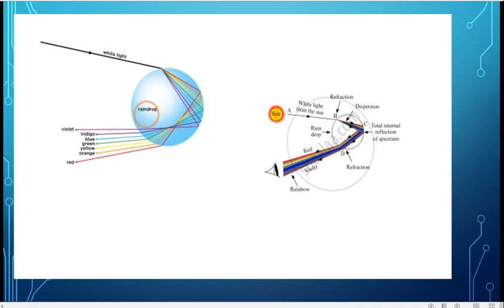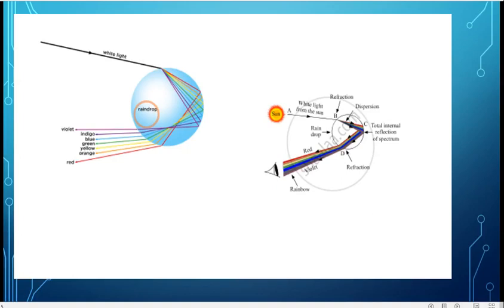In the commonly seen rainbow, the red arch is outside and violet is inside. In the rarely occurring concentric secondary rainbow, the violet arch is outside and red is inside. It is in the form of an arc of a circle. A complete circle can be seen from a higher altitude. So you can see it only from an aeroplane.